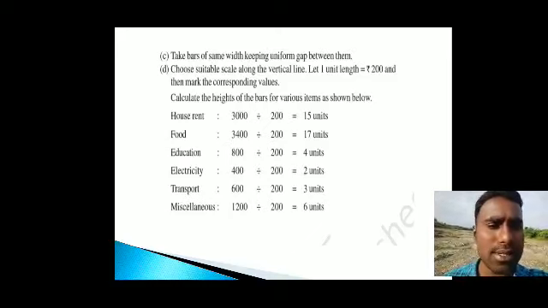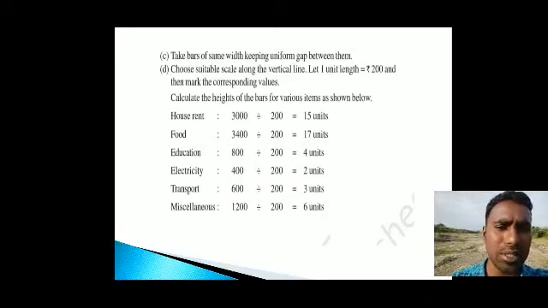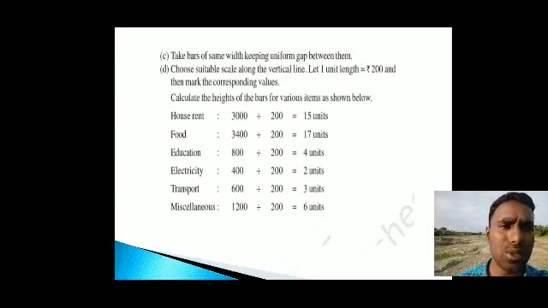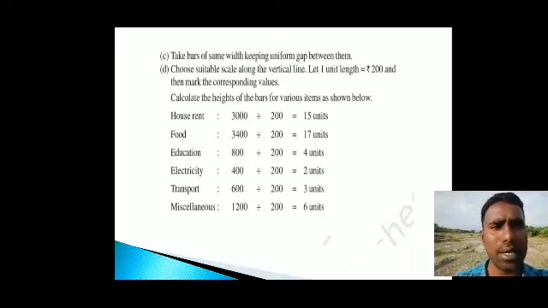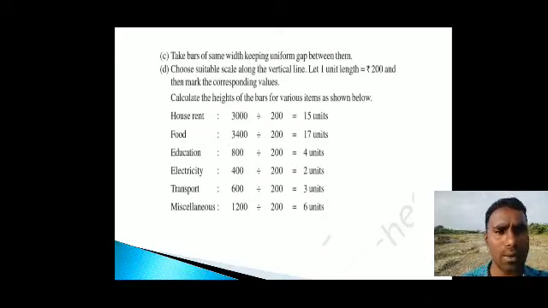So if on the y-axis you have taken one unit as 200, the next unit is 400, 300, 600. Likewise, for 3000, the height will come to 15 units. And 3400, if you divide it by 200, will come to 17 units. So 800. So whatever minimum scale you have taken,